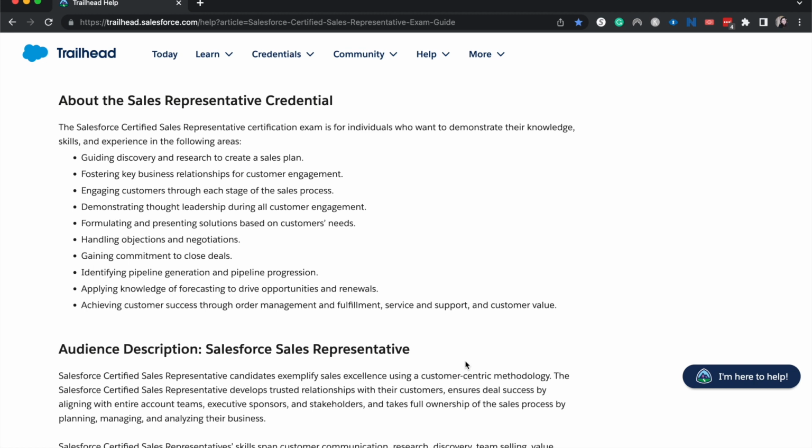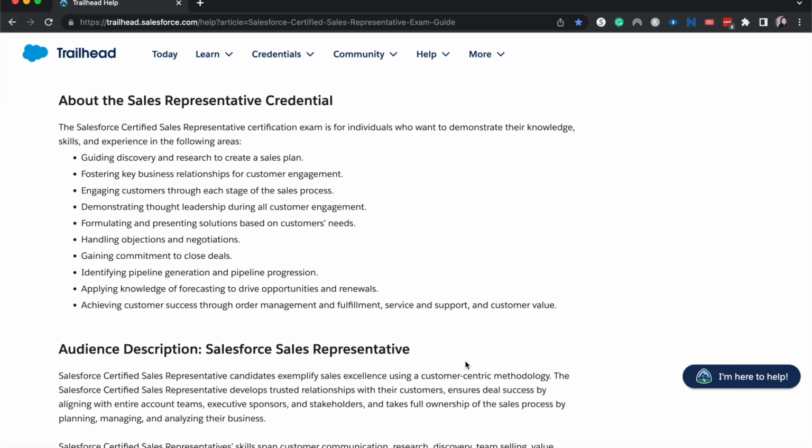It is a lot more on different sales processes, what to do in certain scenarios, giving you the context, and then what do you do in that context. I'll give a few examples from this bulleted list. We're going to talk about business relationships in the exam, creating a sales plan, territories, different solutions based upon customers' needs, how to relationship sell, how to gain commitment when you're in one stage of the selling process,